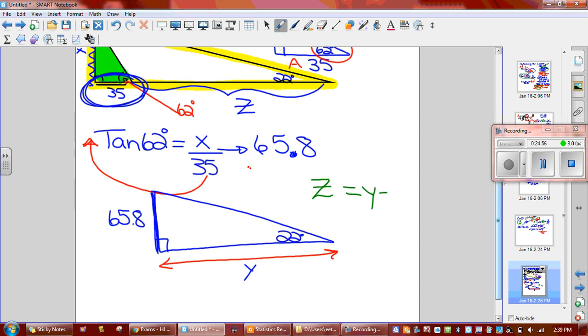So let's find Y first. Again, we're going to circle our angle and label our sides. Y is now the adjacent side between the 90 and the 22-degree angle, and then we've got the opposite side over here. So I'm using tan once again, but now I'm using it with a different angle. I'm going to write tan of my angle, tan 22 degrees, equals my opposite side,